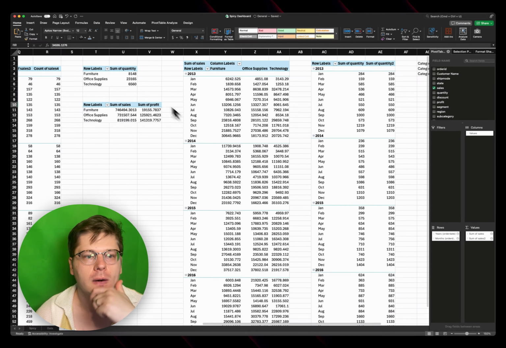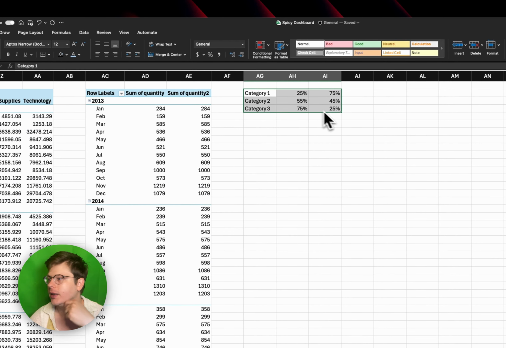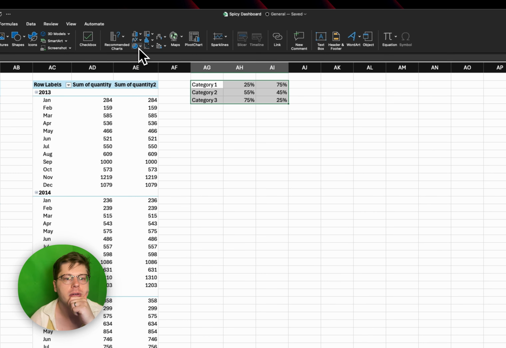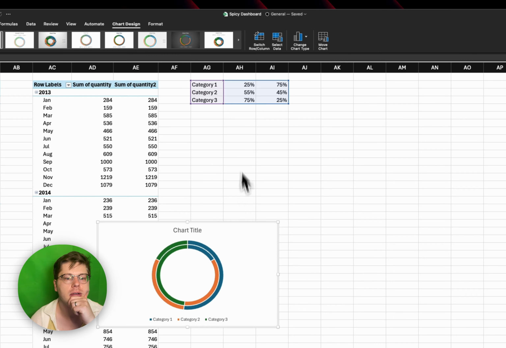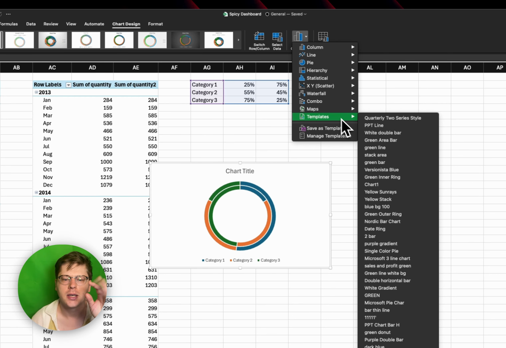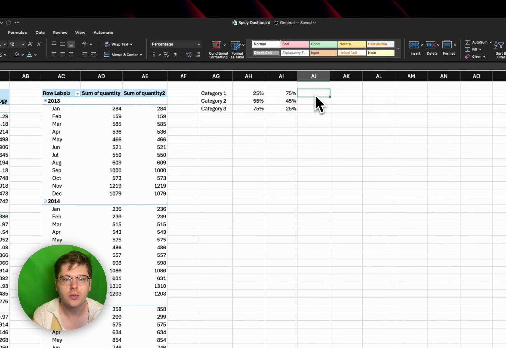Okay, now I have this progress bar chart I wanted to use in here. This is the data for it, just some simple data. I'm going to go insert. This is going to be a regular chart, so we're just going to do a donut. And I actually have this saved as a template, but I'll explain all the design stuff here. Oh, you know what? No. Actually,